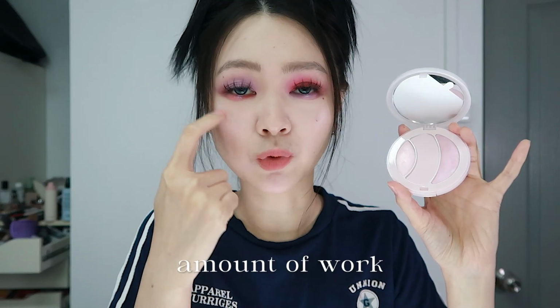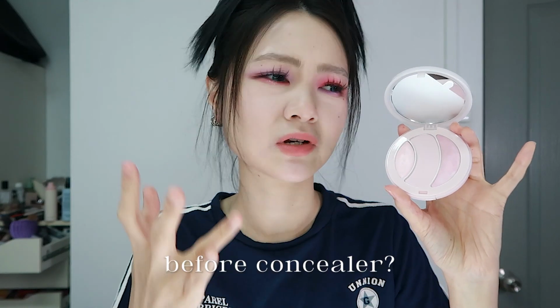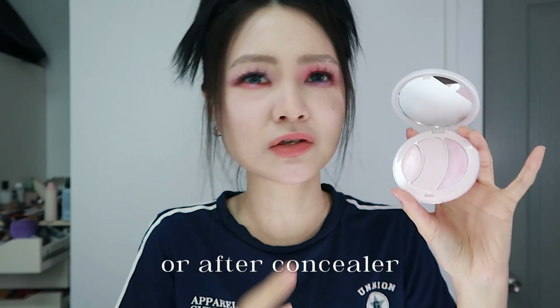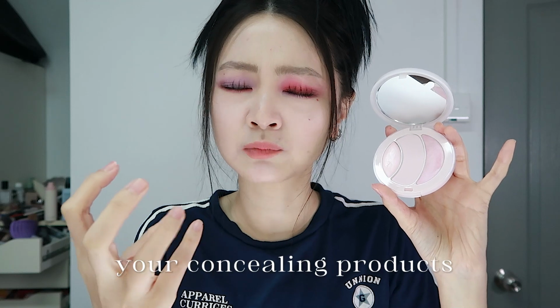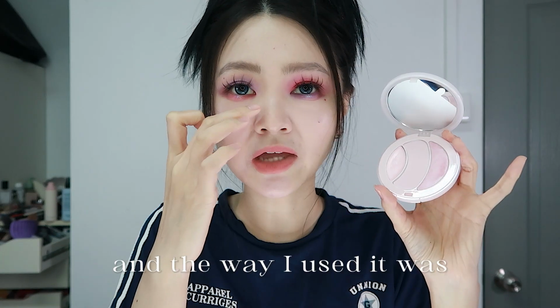I spend the most amount of work and time on my tear trough and under eye area. So where should I put this? Should I put this before I conceal or after I conceal? You need to make sure that your concealing products can blend with this. A little bit tricky. I used it today for the first time, and the way I used it was I